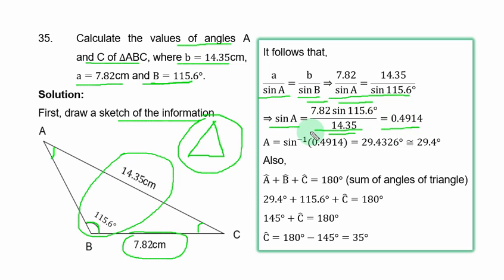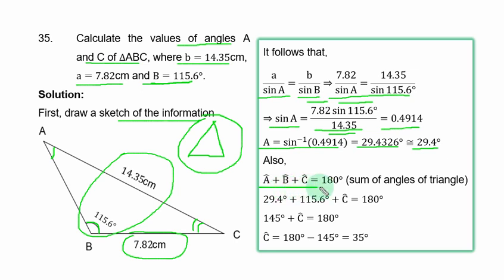0.4914. If you take the inverse of sine of both sides, you have angle A equal to this, and that is 29.4326 degrees. If you approximate to the nearest 0.1 degrees, which also means 1 decimal place, you have 29.4 degrees. Since you cannot get angle C using sine rule, if you add all the angles in the triangle